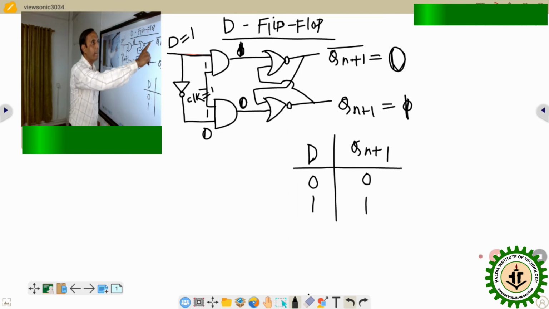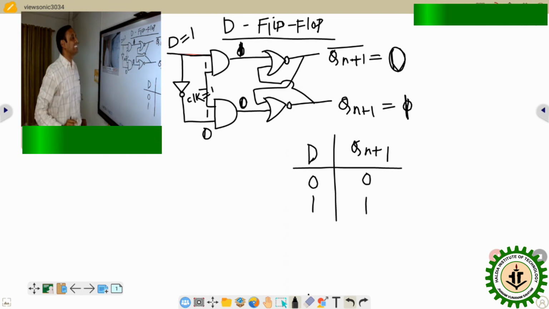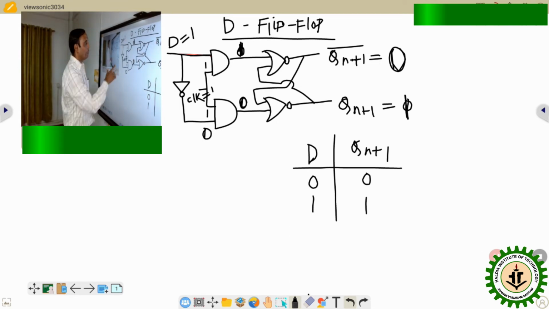So either we have to change the output portion, here it will be main output and here it will be complement output, or we can change one thing, that is we can change the direction of that particular inverter logic gate. In any way we can design the circuit. So we can change the position of the main output or complementary output for SR flip-flop where the main output